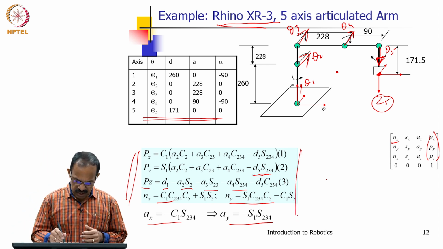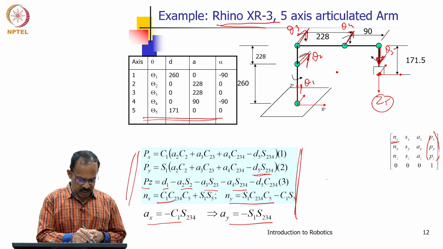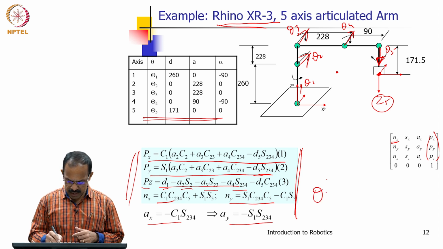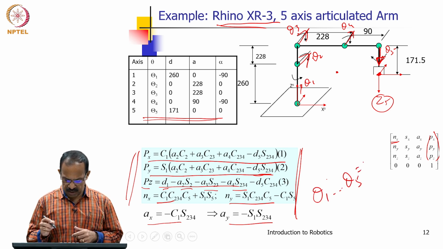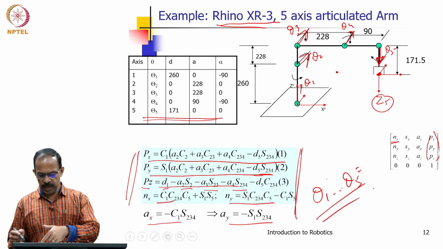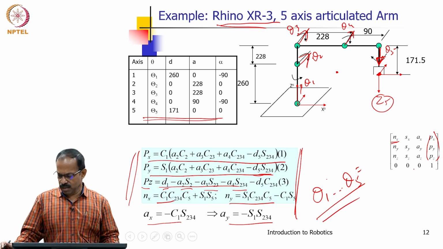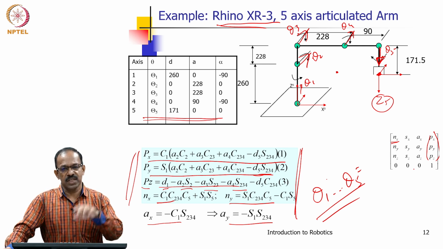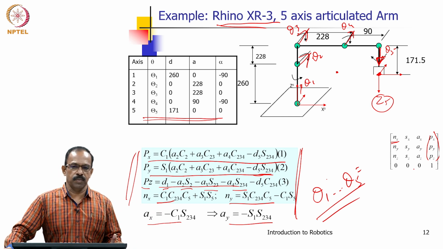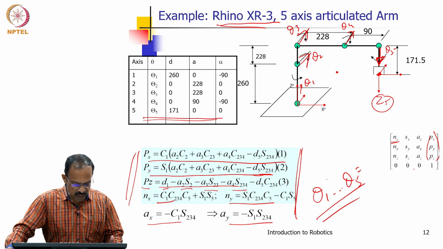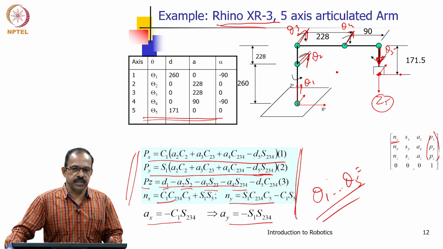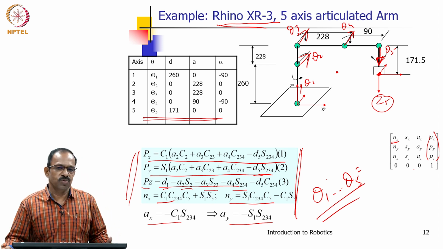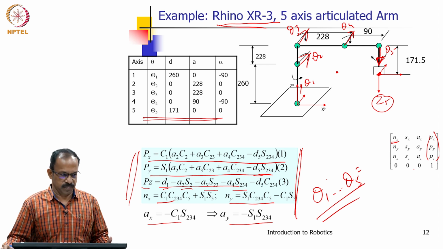Now we have these equations and we can write Px is this, Py is this, and then this one. Now, the question is, how do I get theta 1 to theta phi as a function of Px, Py, Nx, Ny, etc. Let us see how to solve it. We have to look at these equations and then try to find a method. There is no standard procedure. The only thing we can do is look at these equations and see how we can solve it. But one thing is sure, we can solve it, because it satisfies the sufficiency condition.